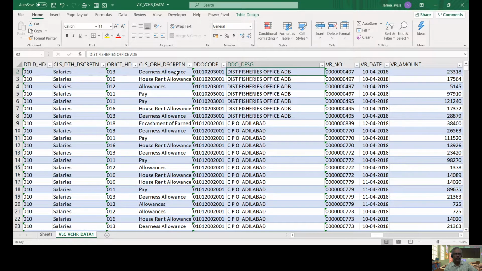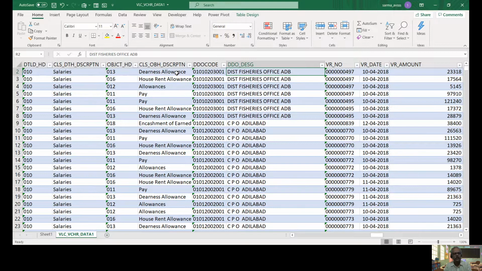So how will we account for all his expenditures? Definitely there will be a classification, right? Suppose he spent on a telephone bill, there will be a classification. He paid rent, there will be a classification. He hired a vehicle, there will be a classification. He paid salaries, right? So we all know what a classification is, and every rupee spent will be accounted for